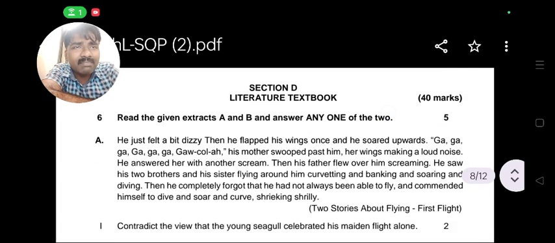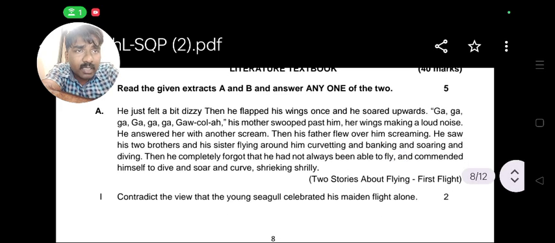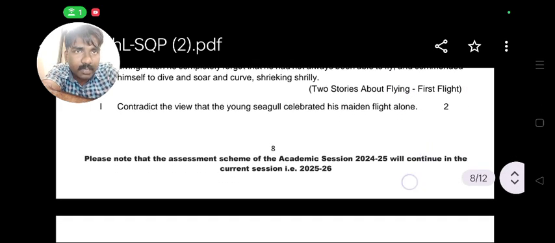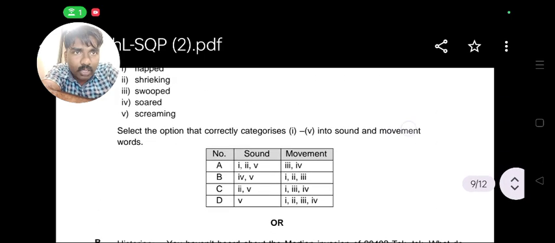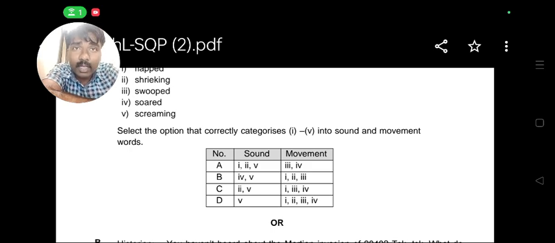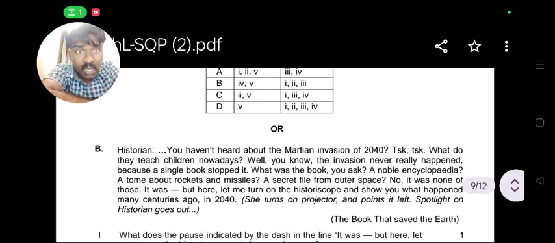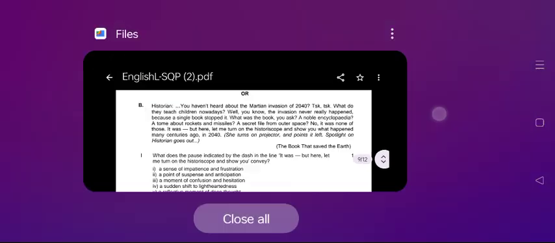Other things, nothing changed. Literature is 40 marks as it is, section D, and there is an extract-based question for 5 marks from two stories about flying, his first flight. The same question, a little tricky as expected, as CBSE is based on competency. So based on competency, little tricky questions are asked on the extract-based question. Two extract-based questions are asked, the book that saved the earth,